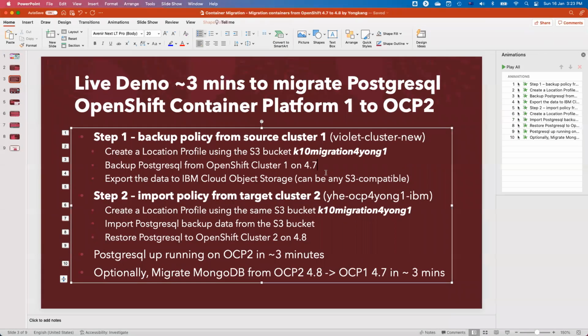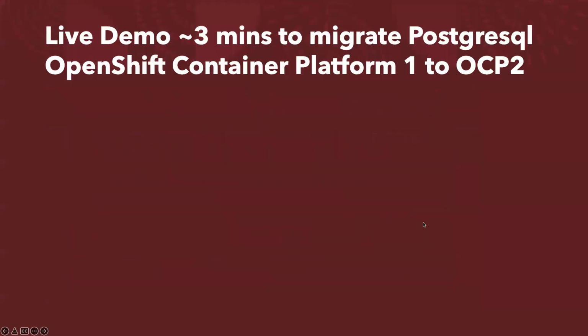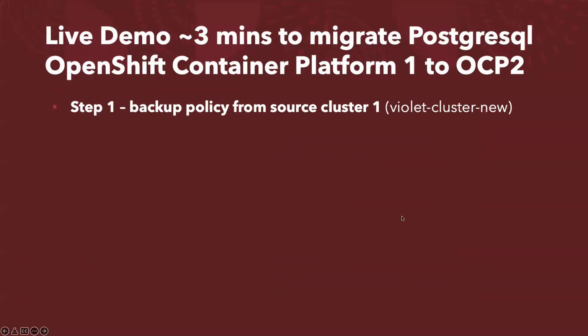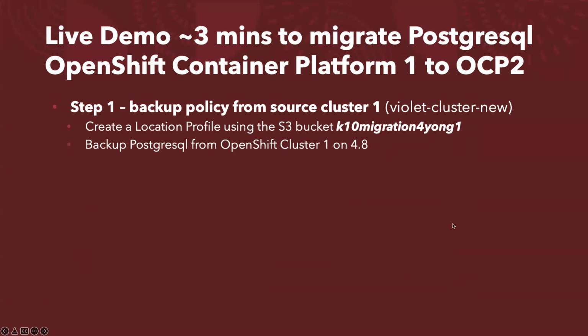This cluster is running 4.8 and I want to migrate to 4.7, okay? And optionally, you can migrate from 4.7 to 4.8. Sorry for the mistake, let me come back. So first of all, create a backup policy, create a location profile, run the backup on the source cluster running 4.8,